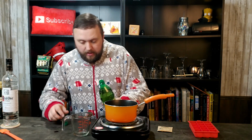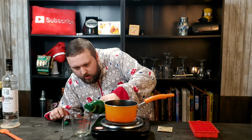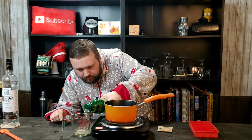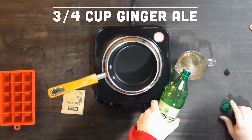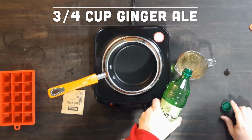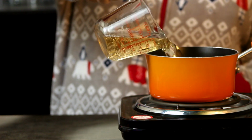And if you're not a fan of ginger ale, you can actually substitute that with something like a 7-Up, and you get good results as well. So we're going to pour 3/4 of a cup. I'm used to speaking in ounces, but this is actually 6 ounces worth, or 3/4 of a cup, and that's going to go into